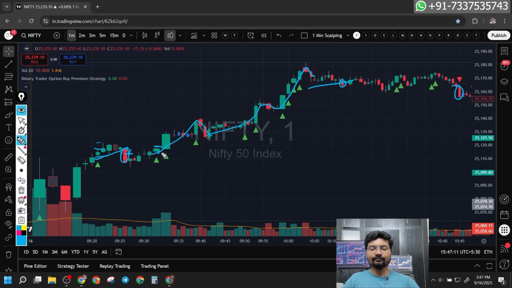You can easily capture a 30 points move in options with this move. Even after booking this loss, you can easily book that profit even if you exited around this point. If you exited around this point in this consolidation, you can even book higher profits. That is the power of this scalping indicator, and I am planning to include this indicator along with the course that I'm going to launch. This is an invite-only indicator.